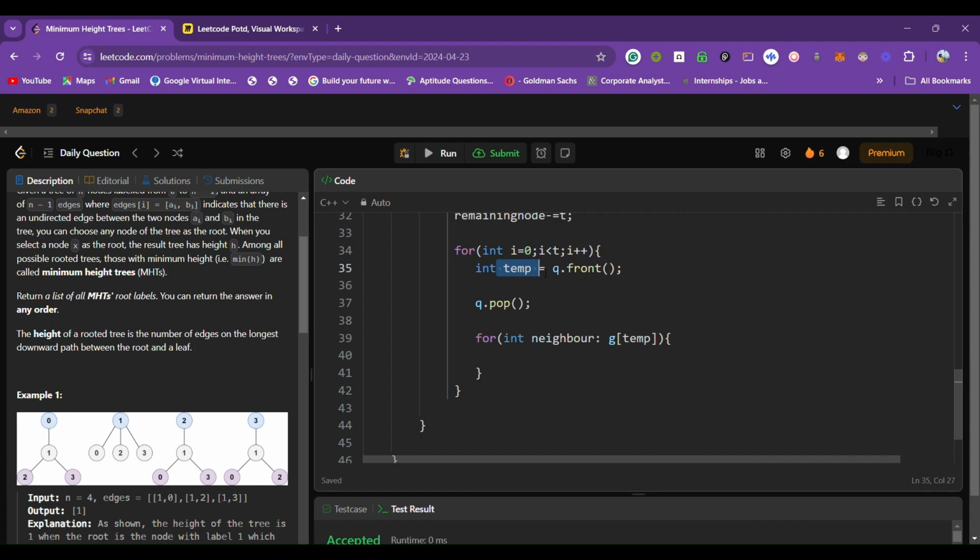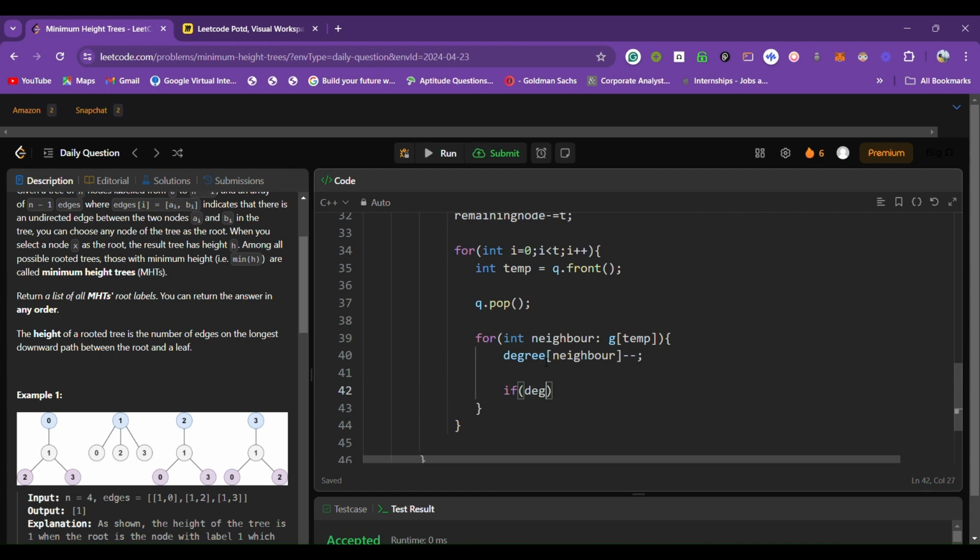Because we are deleting this particular node, the degree of all its neighboring nodes must be decremented by 1, right? So we will decrease the degree of its neighboring nodes by 1, and now we will